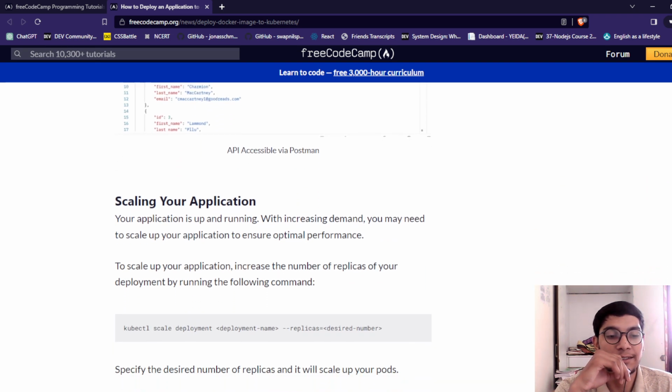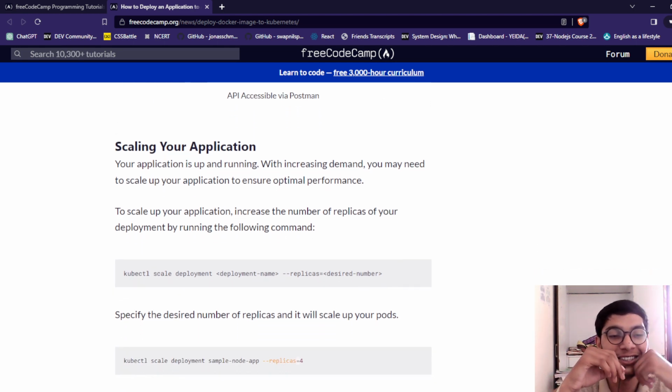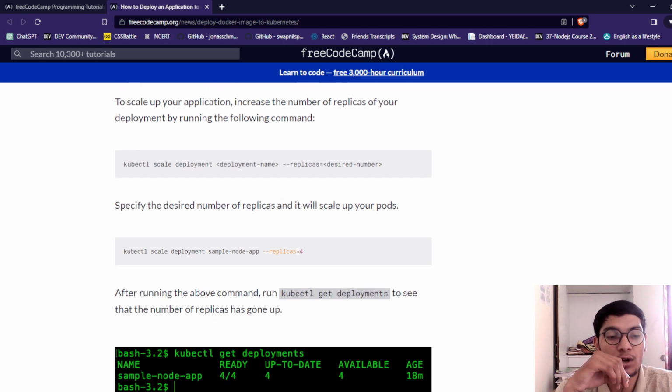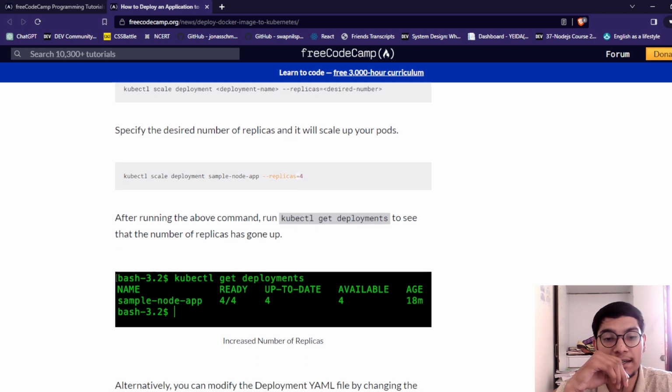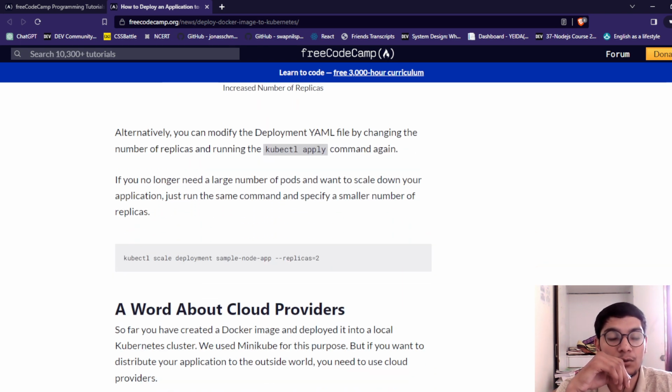Scaling your application is also simple. With increasing demand, you may need to scale your application to ensure optimal performance. To scale your application, increase the number of replicas in your deployment. The following command specifies the desired number of replicas and will scale your pods. After running our command, use kubectl get deployment to see that the number of replicas has gone up. Alternatively, you can modify the deployment